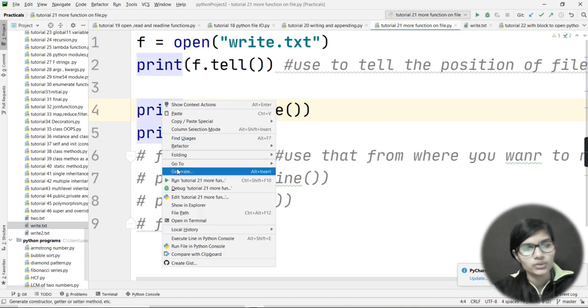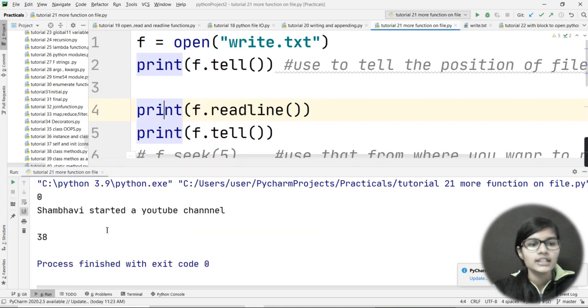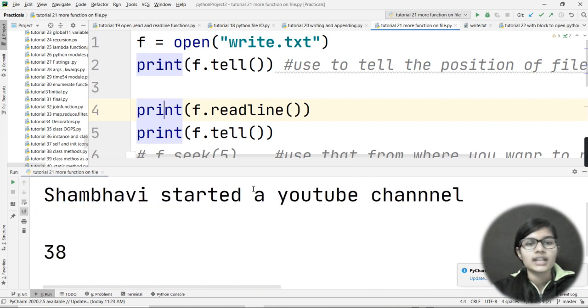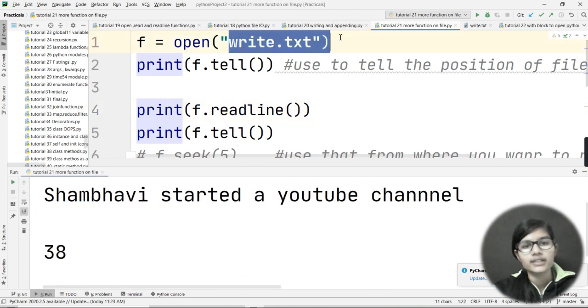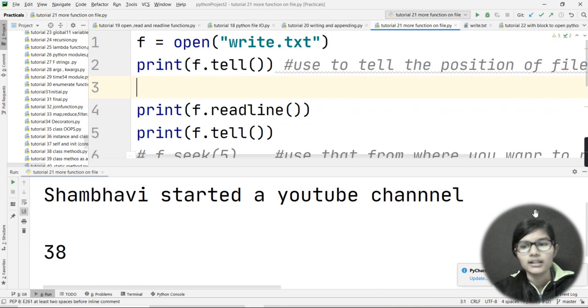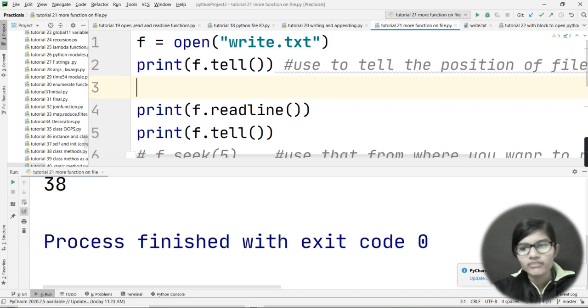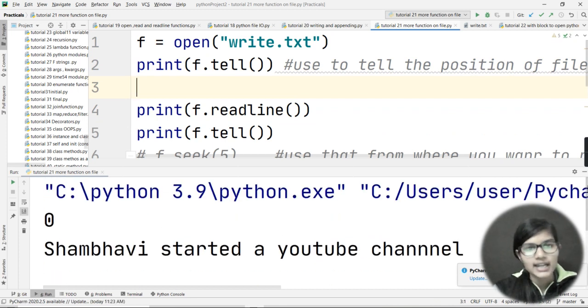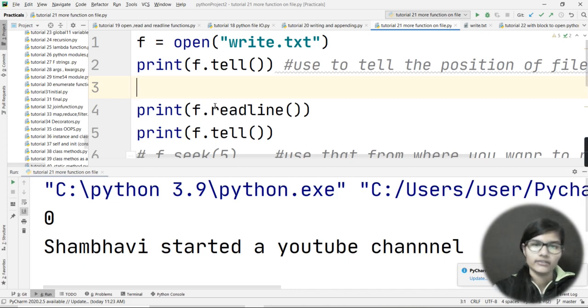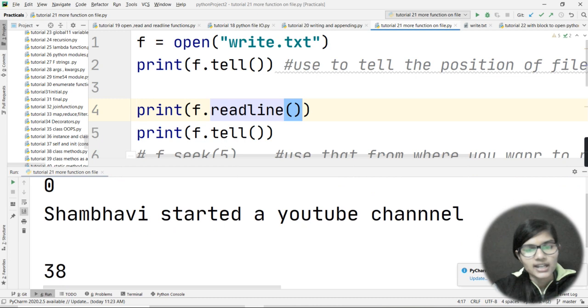Now let me show you this thing. Firstly, I simply opened my file, write.txt, and I wrote f.tell. So this gave me the output 0 here, right? And after that I read a line using the readline function. So I got the output "Shambhavi started a YouTube channel."